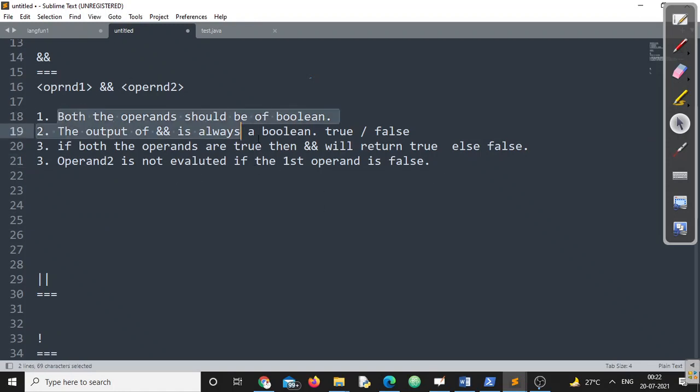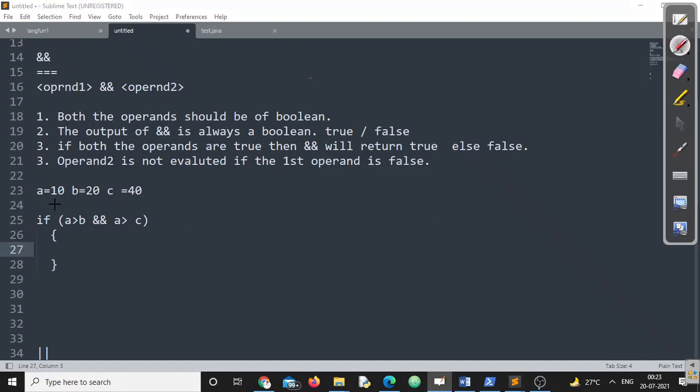Right? How all these things will be operated. We'll just cross check. Suppose the value of A is 10, value of B is 20, value of C is 30, 40, whatever. Now I'm writing, listen very carefully. I'm writing if A is greater than B and A is greater than C, then something needs to happen. Now let us cross check.